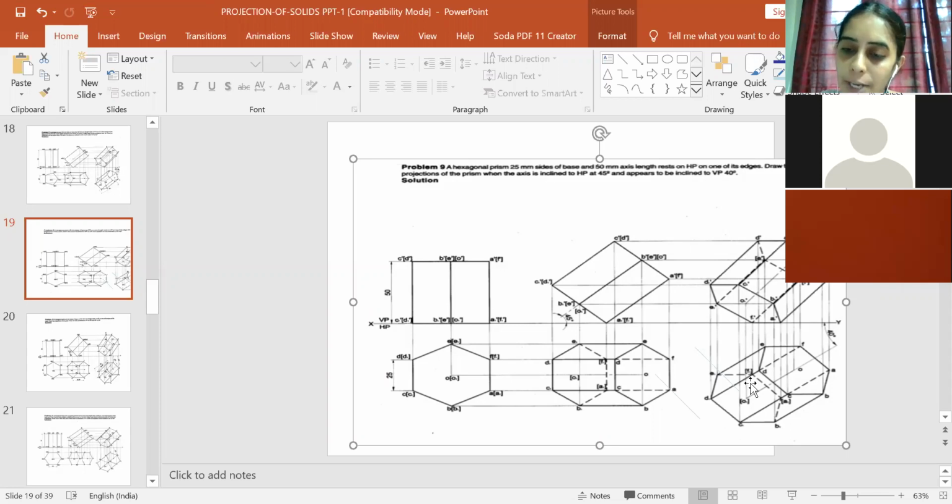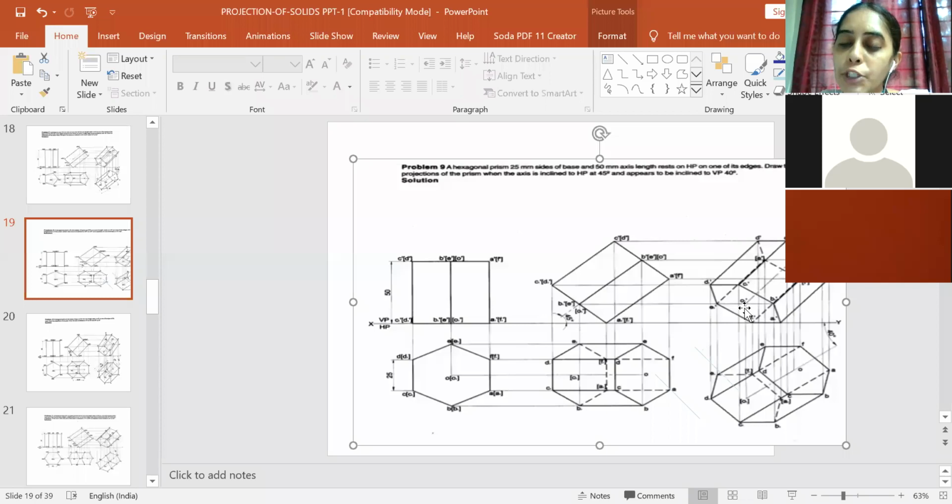And you can cross check with the top view hidden lines whether it is mapping properly or not. And in the last, you have to show the axis. Don't forget, you have the marks for that also. So the projection from O1 is meeting O1 dash at this point. So this will be our O1, and projection of O is meeting O dash at this point. So this will be our O.